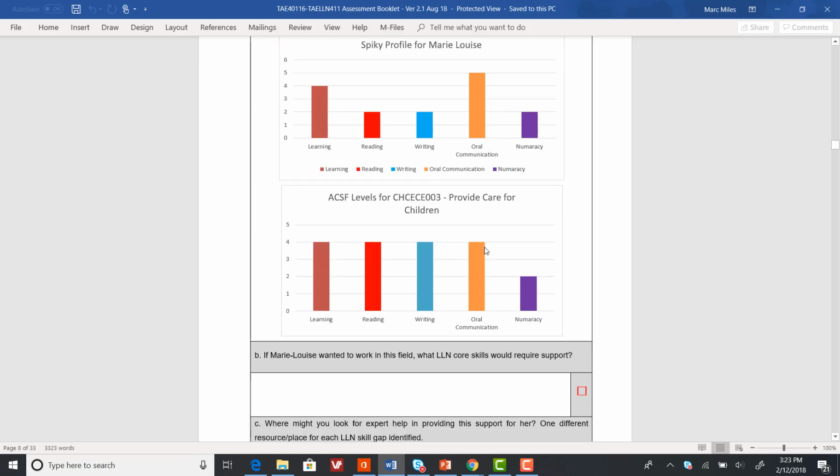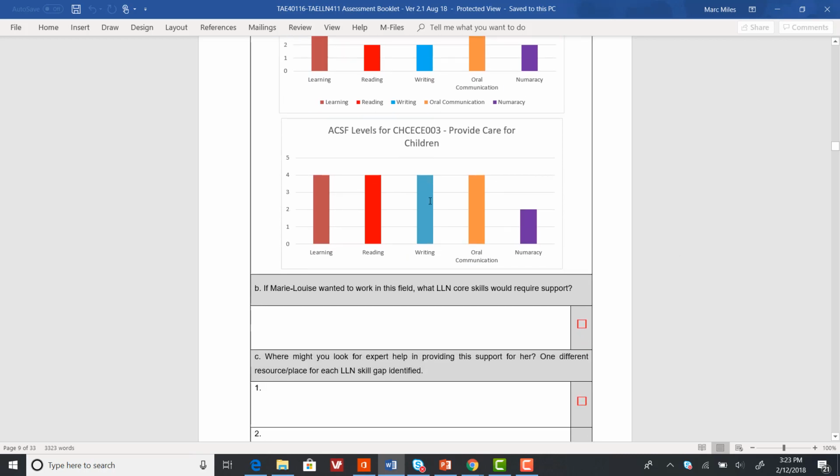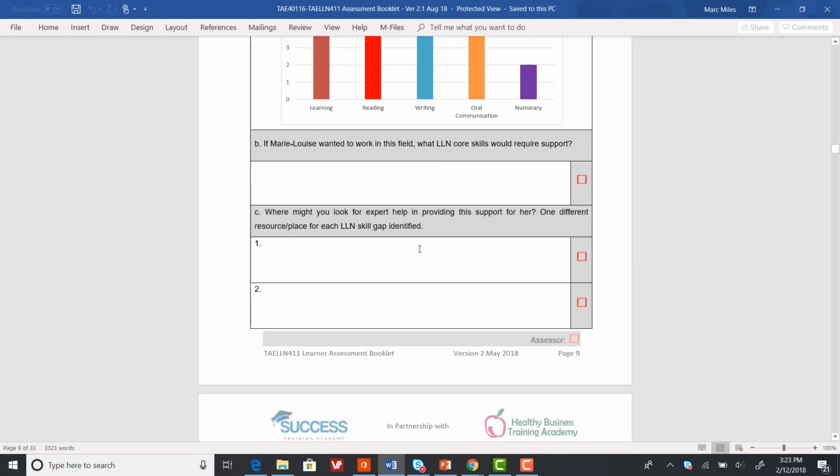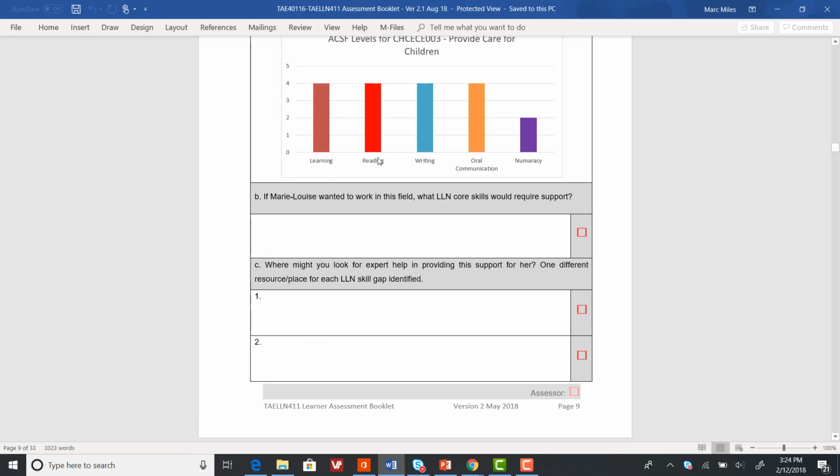So this question's asking you, in order for Mary Louise to successfully work in this particular area of work, what core skills does she need support in, okay? So hopefully you've caught the answer on that one. Okay, where might you look for expert support in providing this support for her? One different resource place for each LLN skill gap identified. Okay, so we might say,